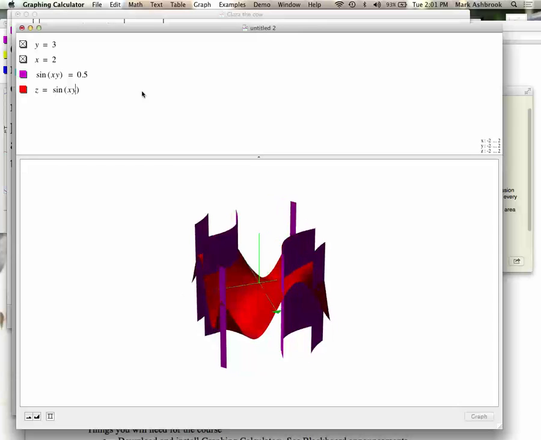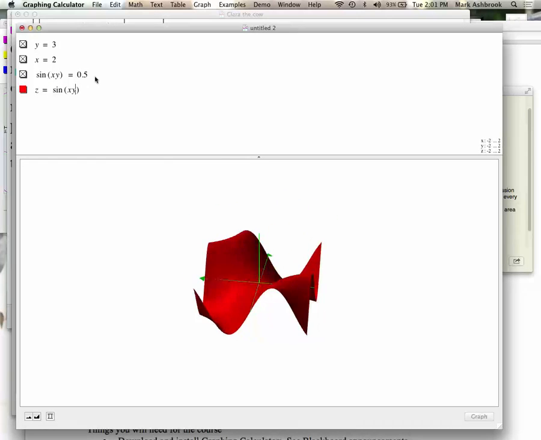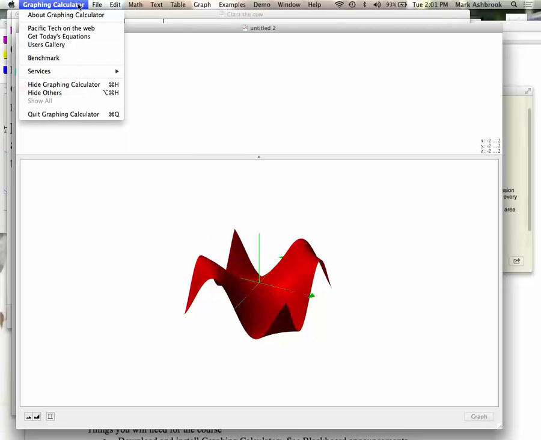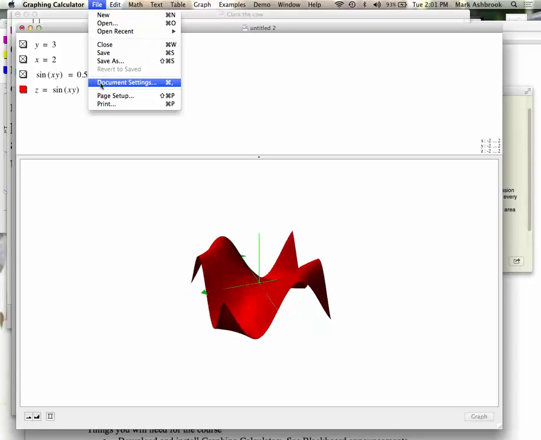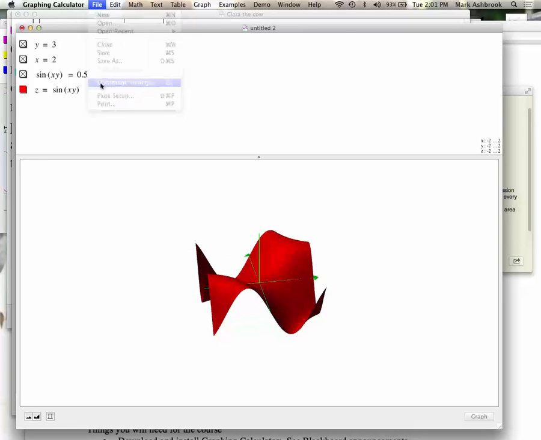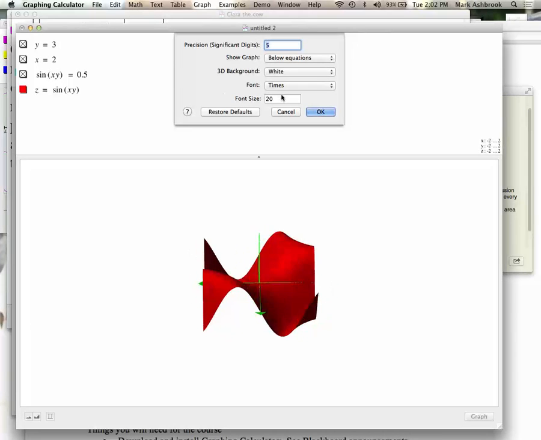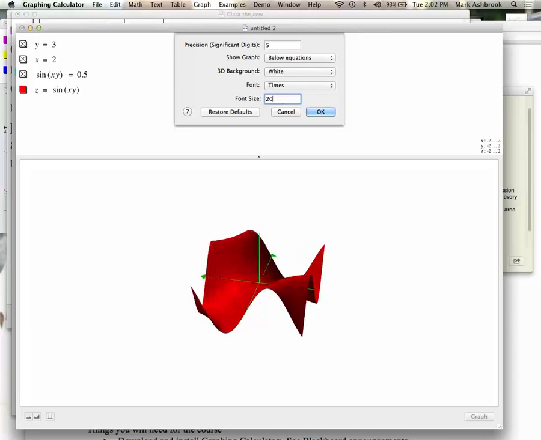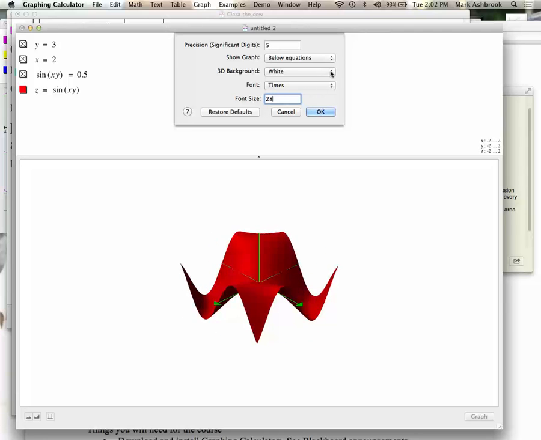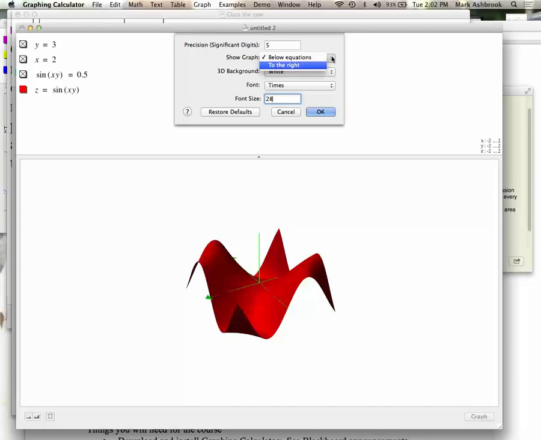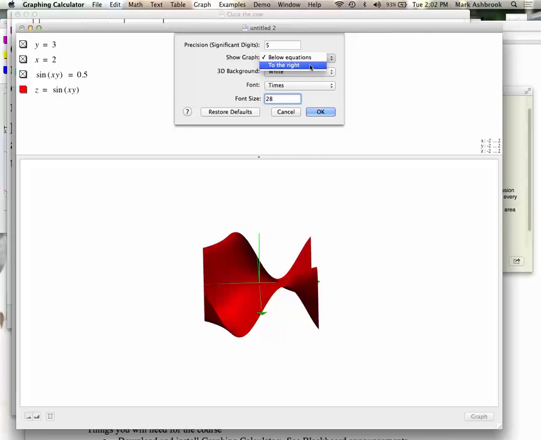Okay, so I'm going to turn off some nerdy math. Let me just show you a few document settings for a moment. If you go to graphing calculator, go to File, there are some adjustments that you'll want in document settings. For instance, I want to make these command lines have a bigger font. So instead of 20, so you guys can see, I'm going to make it 28. And then your background. If you want, you can make the graph go to the right so that the equations will be in a column to the left.